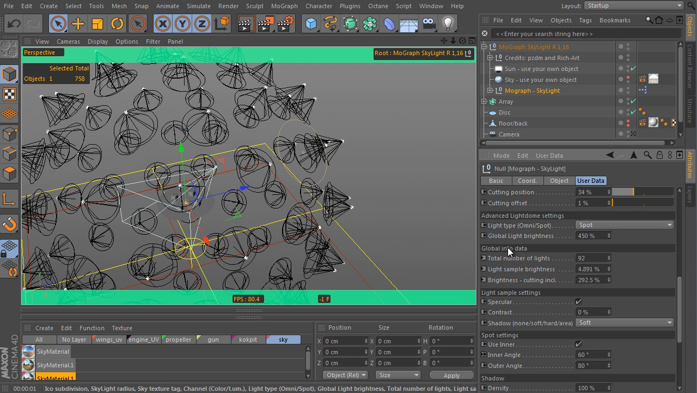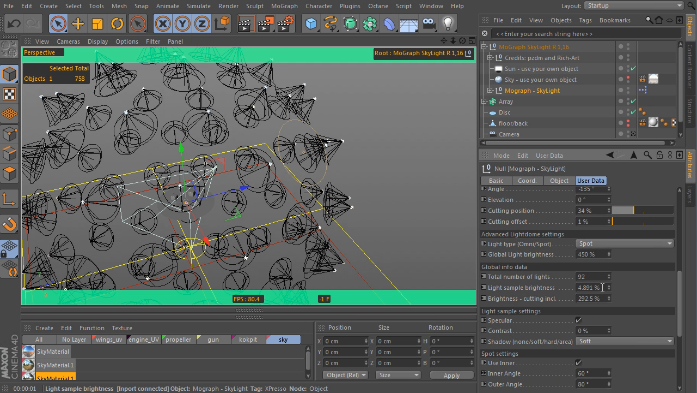It shows all main parameters of the rig. It shows how many lights we have on the rig here. The next is intensity of our samples, and global brightness included cutting planes, but color intensity is not calculated because it's controlled by texture sample. Okay, we can